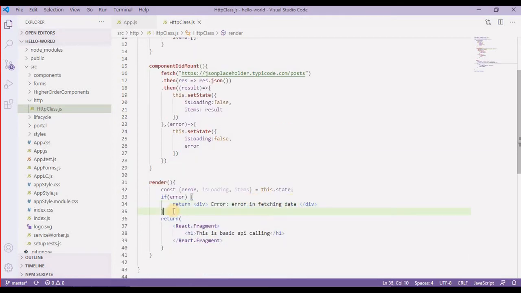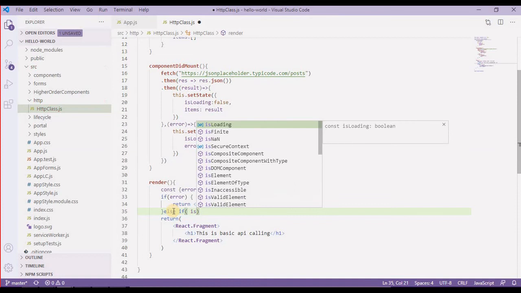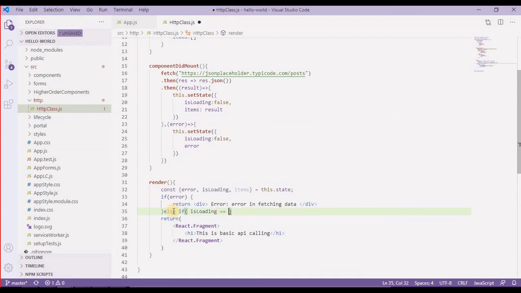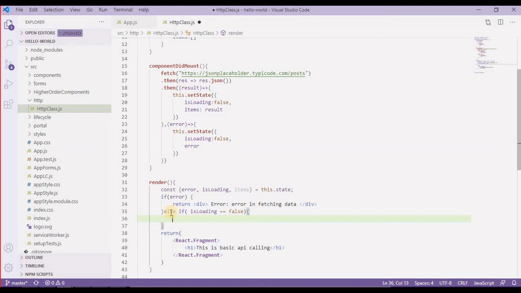And then if it is not an error, then I am going to have another condition over here. So else if isLoading equals to false, then I am going to have,